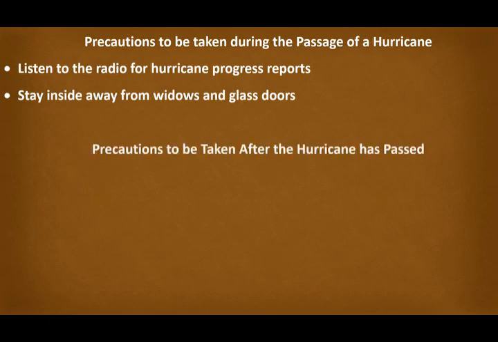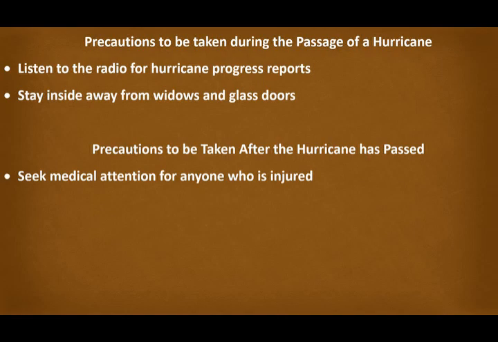Now, after the hurricane has passed, seek medical attention. And listen, when I say after the hurricane has passed, be sure, just listen to your radio, to ensure the hurricane has completely passed. Because there are times when the eye itself is passing over your area and you think that the hurricane has passed, because remember, the eye is the calm part of the hurricane. No wind or clouds are present, so you may believe that the hurricane has passed because you see clear skies and no winds, when it's just the eye over you. And you venture outside and get trapped when the other side of the hurricane is passing over.